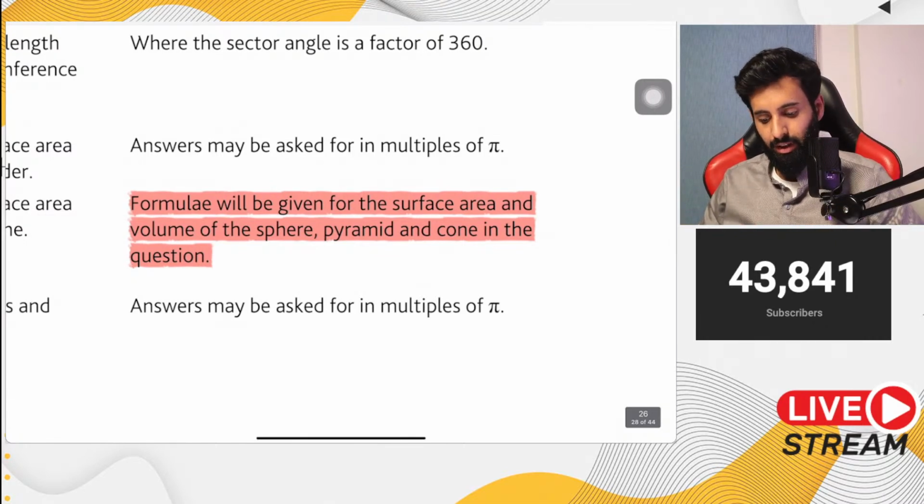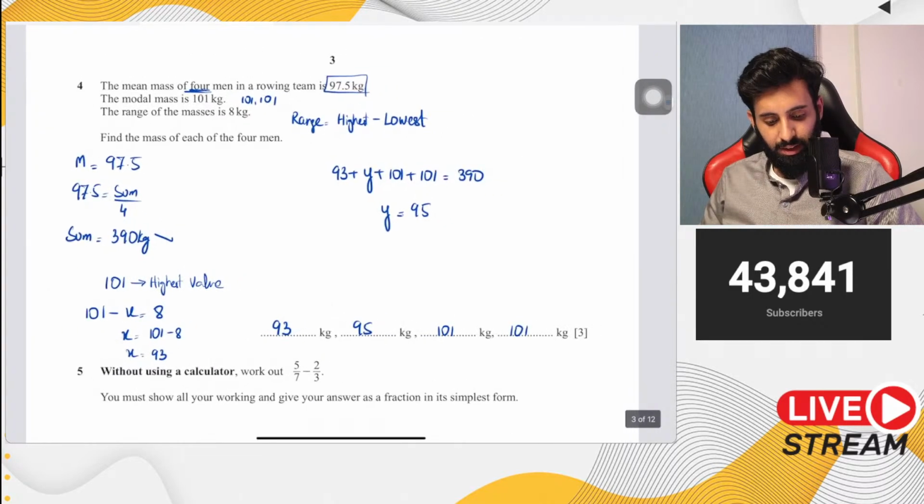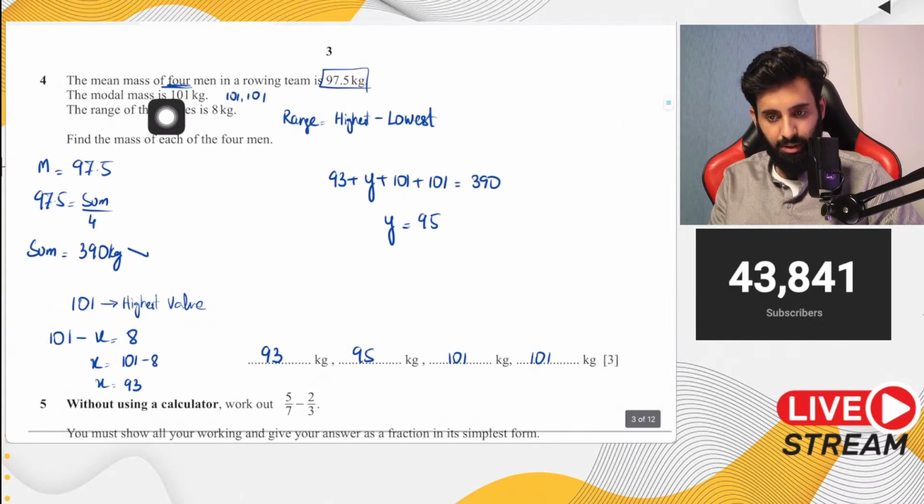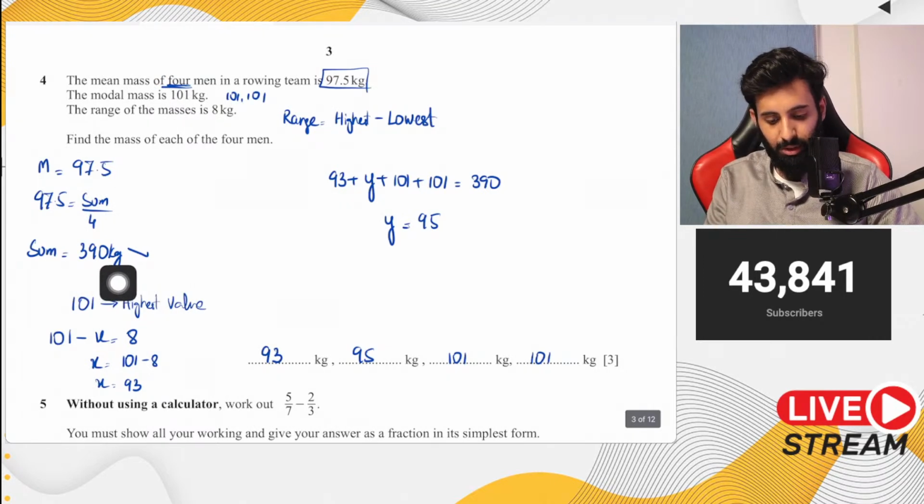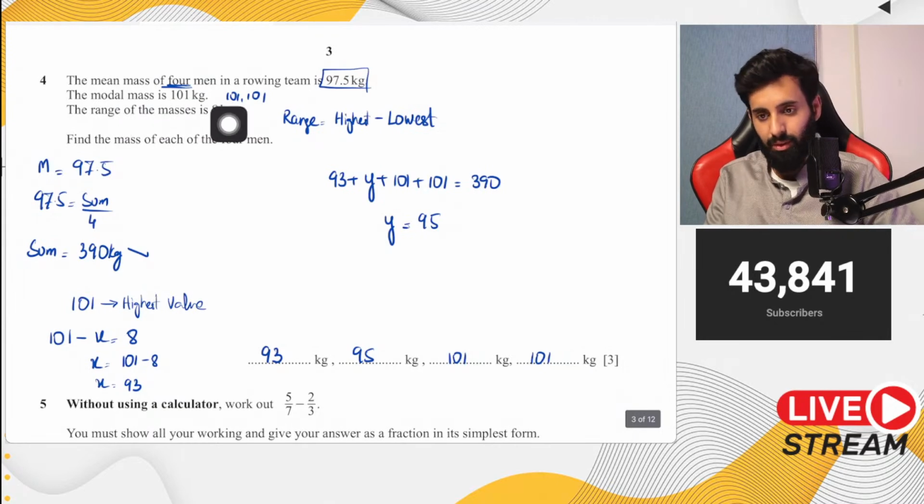Yes, I'll explain this again. So the question says the mean mass of 4 men in a rowing team is 97.5. Okay, I'll just give a quick summary of it. So that means through the mean and through the number of people, we can work out the sum, which is 390. The modal mass is 101 kg. So that means there has to be at least 2 men with 101 kg. Okay. Now,